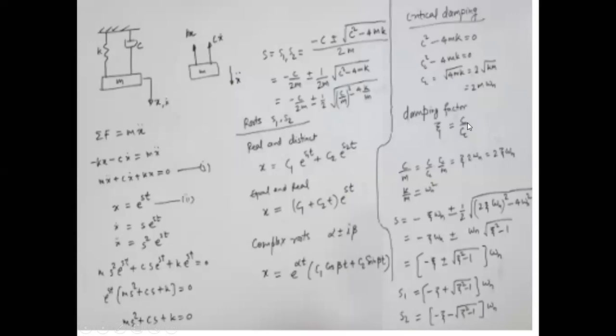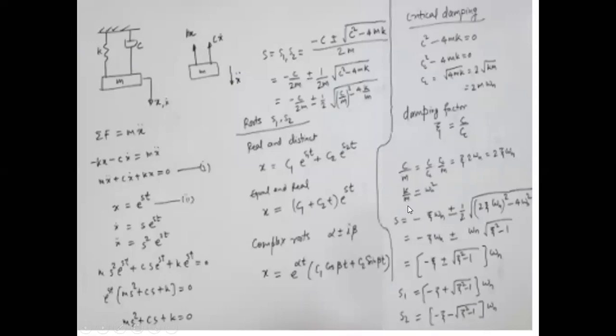What we can substitute is C by Cc as zeta and C by m as 2 zeta omega n. Where did 2 omega n come from? Cc by m. And where did zeta come from? C by Cc. Let me say it once more so that you understand immediately. We are trying to establish a correlation for C by m. C by m is equal to C by Cc into Cc by m. C by Cc is zeta and Cc by m is 2 into omega n. So C by m is 2 zeta omega n, and K by m is omega n square because under root